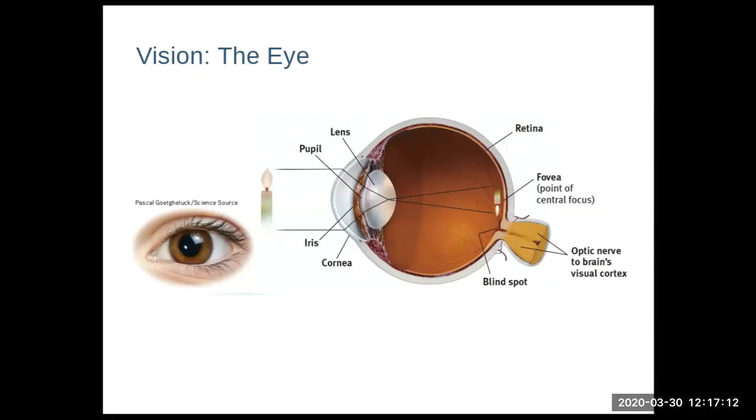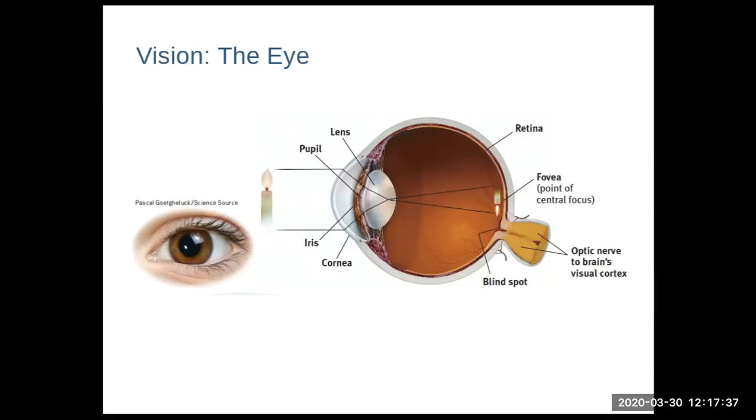So the picture is sent to the back of the eye and projected on the back of the eye upside down and backwards in the retina. And as you can see, the retina is that whole layer in the back of the eye. But there are two specific parts on the retina that need to be pointed out. The retina goes from the top of the eye in the back all the way around, and you can see the sort of little layers of cells.